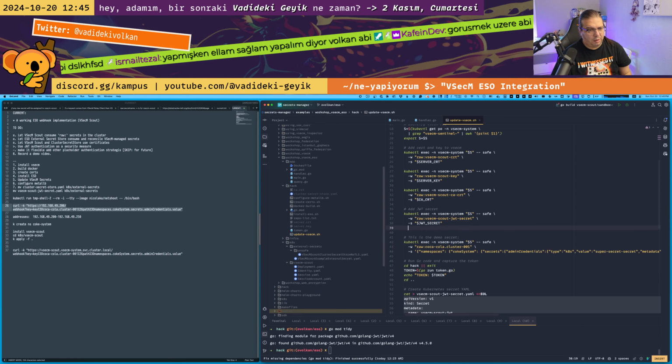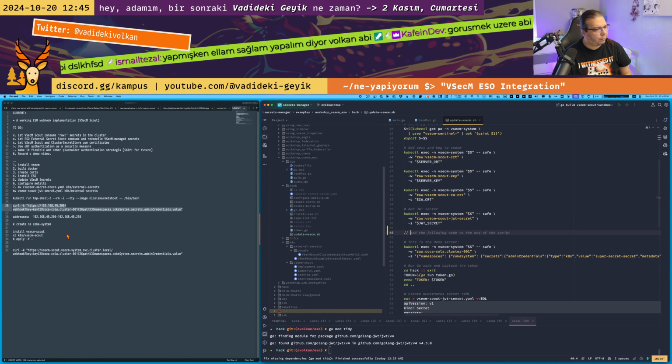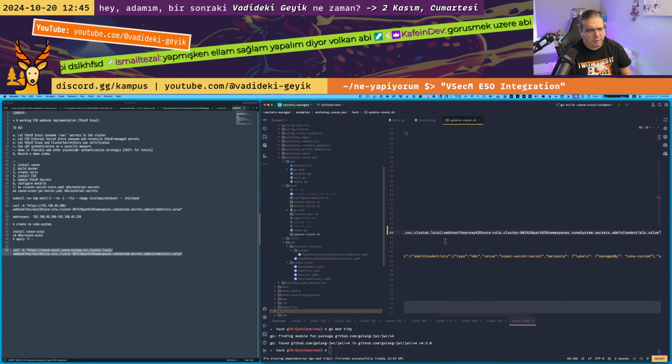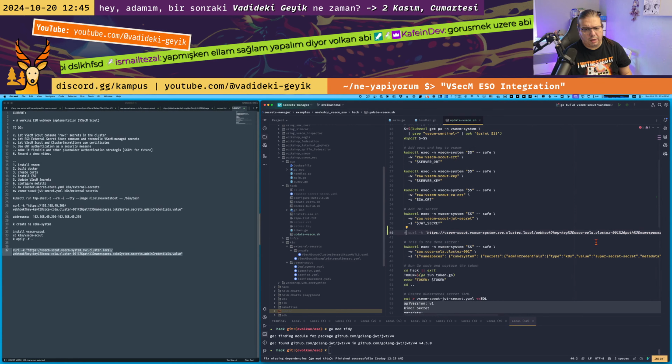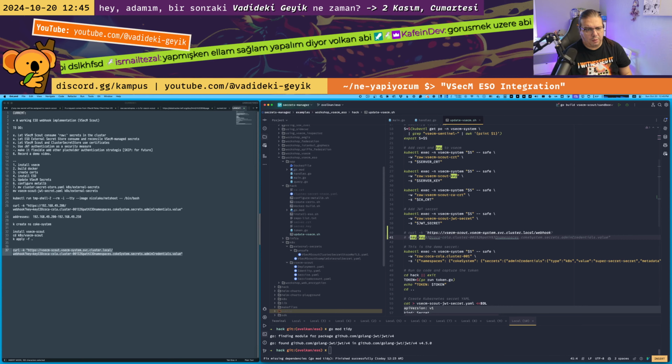So let me put a comment down here. An actual curl to that will look like this. So let me move it downwards. To the webhook, I'm going to send this cluster and tenant combo as the key, and this is totally configurable. I'm using this just as a convention, but it can be any string as a key. This is a secure key value store essentially, and the path is